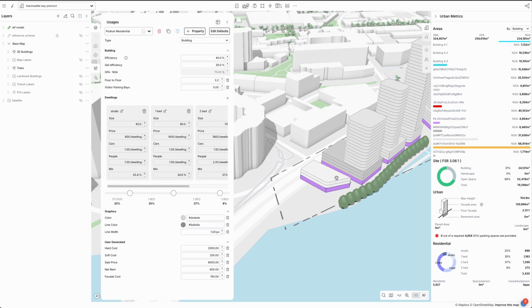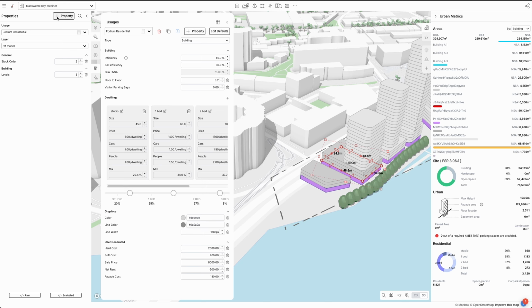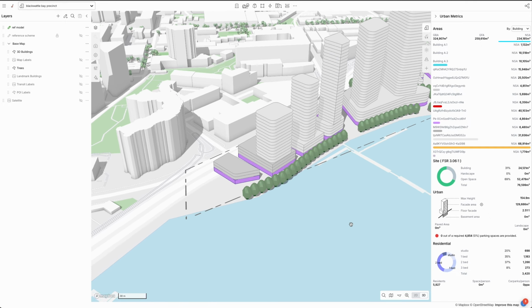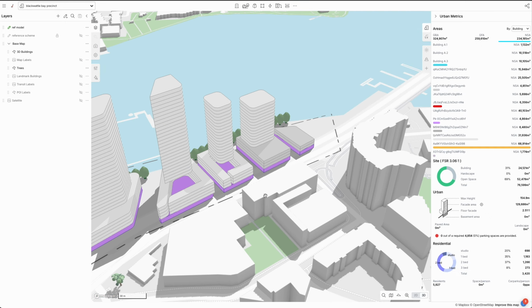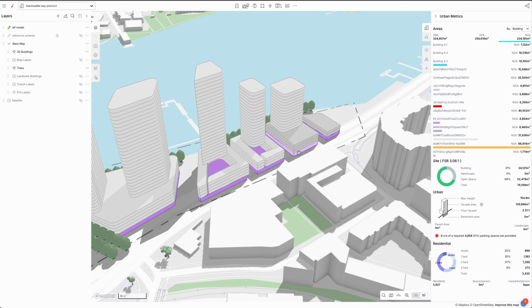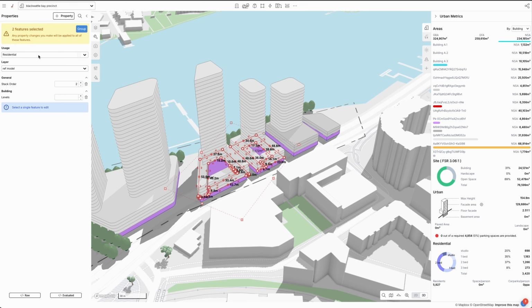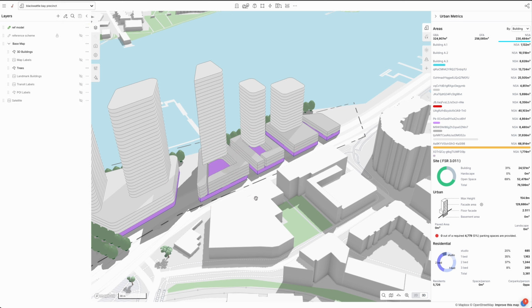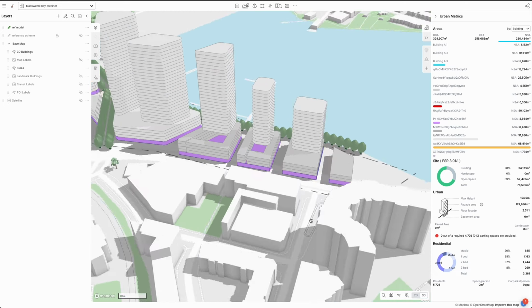But the way we reduced it is rather than using the direct override method where I actually added the cell efficiency property manually to the geometry, I just used this usage thing and I created a new usage which contained that efficiency. Now, if I did this and I set this to Podium residential, we're gonna overcook it because we've already manually excluded 70% of the area here by carving it out, and so